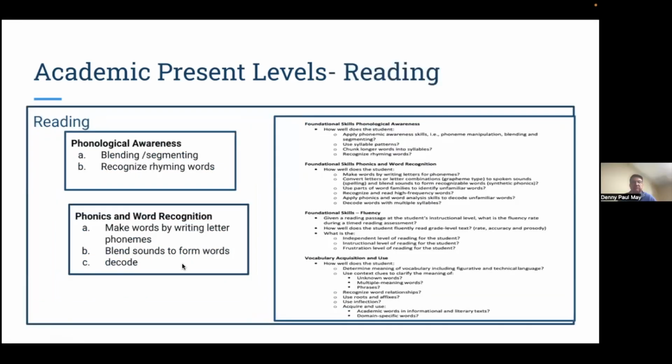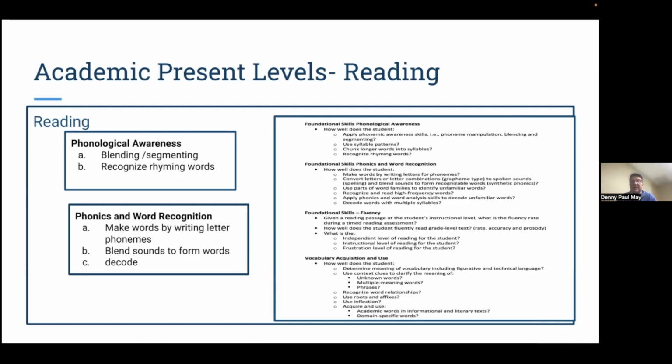Excellent. So here's another one. This gets into the guided questions, and I use reading here, and you can see, as you move through the guided questions on the IEP guidance document, it really comes right out of those standards. These are the foundational skills for phonics and word recognition, the foundational skills for phonological awareness, fluency, vocabulary acquisition. I'm telling you, if you have students with an IEP and you're not working with vocabulary and the embedded vocabulary, you're doing them an injustice. So we really need to be thinking about that.